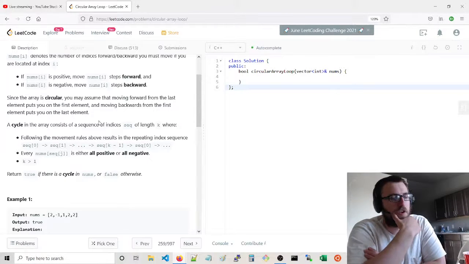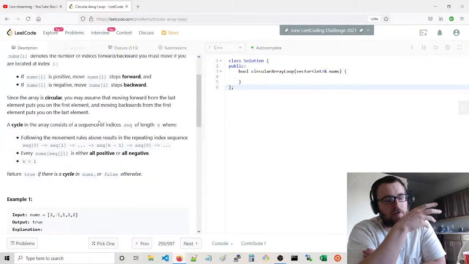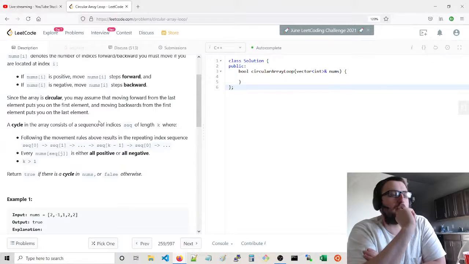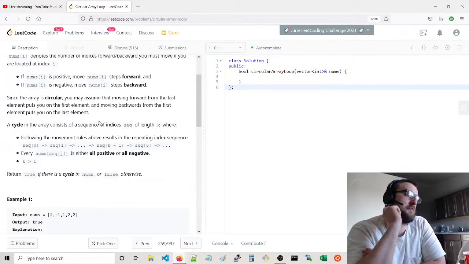The question is, once you return back, if there were along the way any flipped parities, so positive. So if the original value is positive, if you see any negative numbers, then immediately it's going to be a false, right? You're not going to return true. Similarly, if you start with a negative number, if you see any positive numbers. But what you're going to do is that as you loop through your cycle, you're going to remove from the set all of the